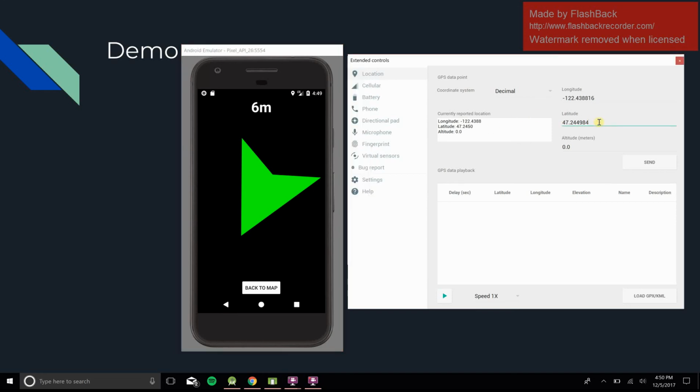Optimally, this would reorient itself automatically based on the accelerometer in the phone. However, we were unable to completely integrate that into our project, so for now we have to manually change the longitude and latitude. As you can see, this causes the arrow to reorient in the proper direction. But if we were to get to within, I believe it's 5 meters of our target,